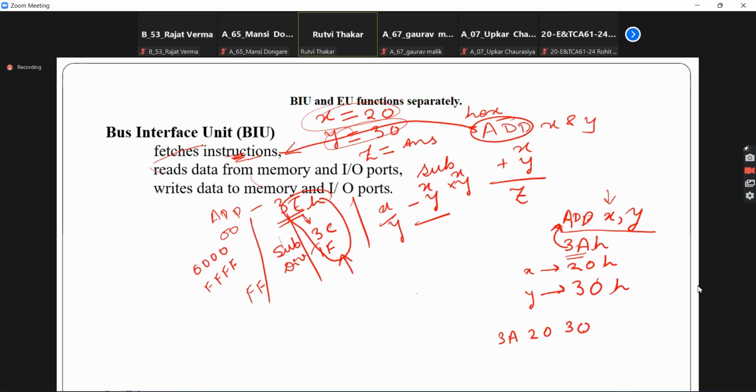Clear now? Miss, we do not write hex in the code? In the numbers, when we define, I have written hex, right? Whenever I want to assign a number, I will write it down as hex. Now suppose I wrote x is equal to 20 hex and y is equal to 20. It will not take y as hex. It will convert the decimal number 20 into hex. So decimal 20 is nothing but,